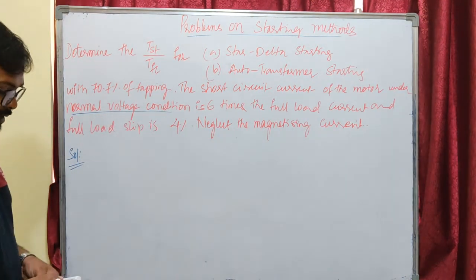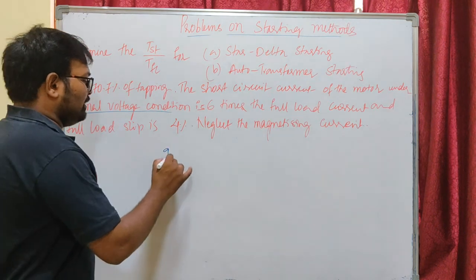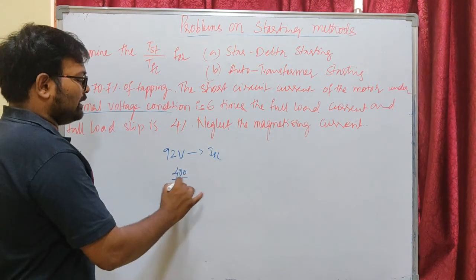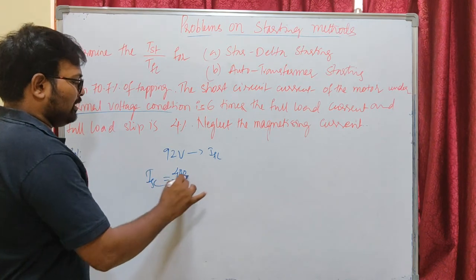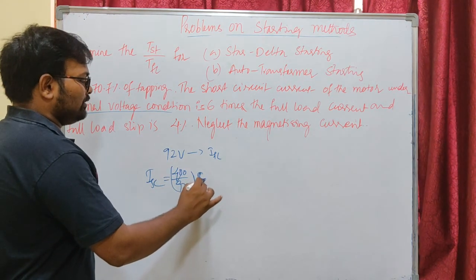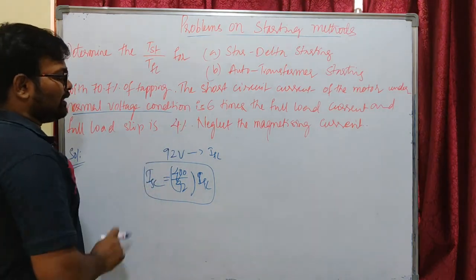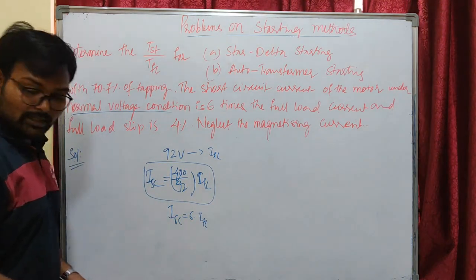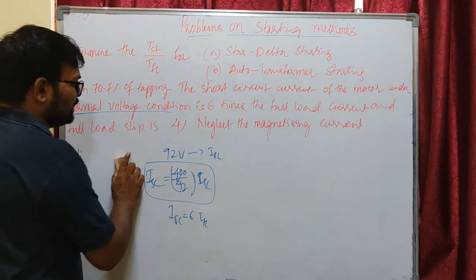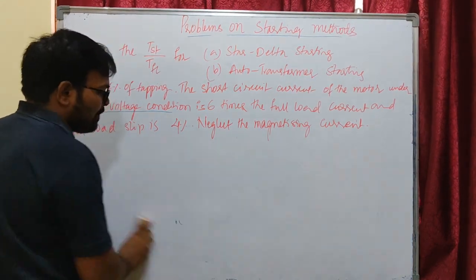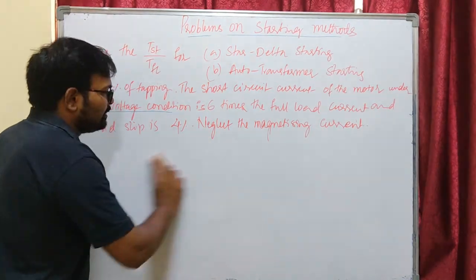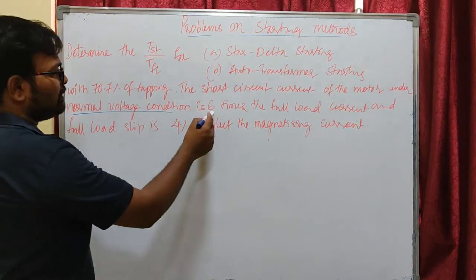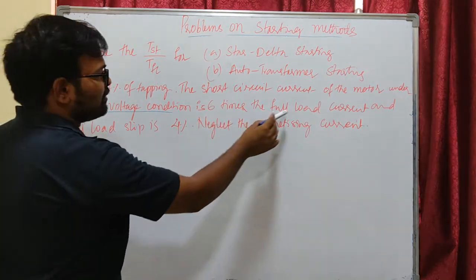In the previous problem we have done, it was given at 92 volts the IFL. We found out it is at a rated voltage condition, that is rated voltage by given voltage into IFL. So he has given under rated voltage condition the short circuit current is 6 times the full load current. So we have to find out the short circuit current under rated voltage condition only. Whatever the voltage mentioned in the problem, we have to find out the short circuit current under rated voltage condition only. So under rated voltage condition, our short circuit current is 6 times the full load current